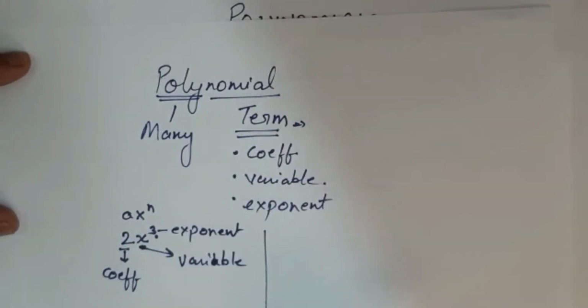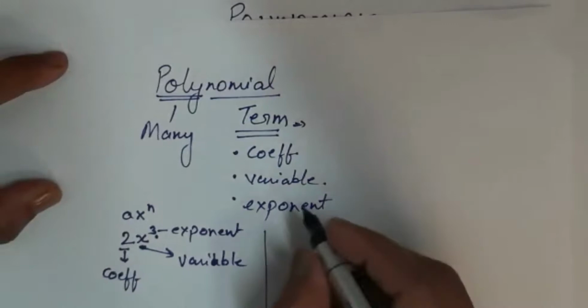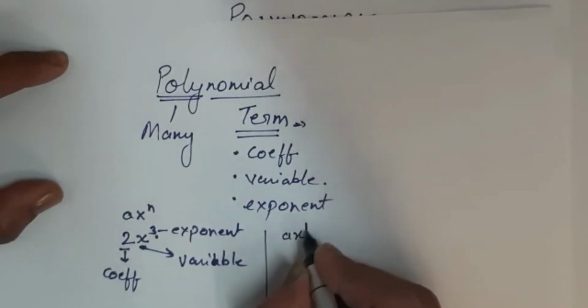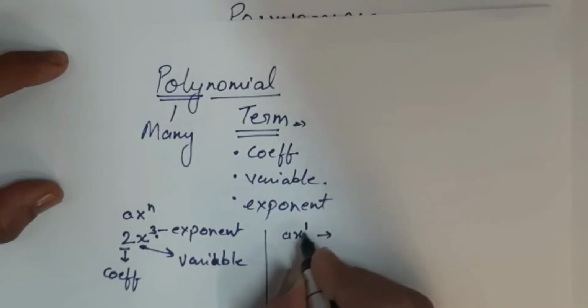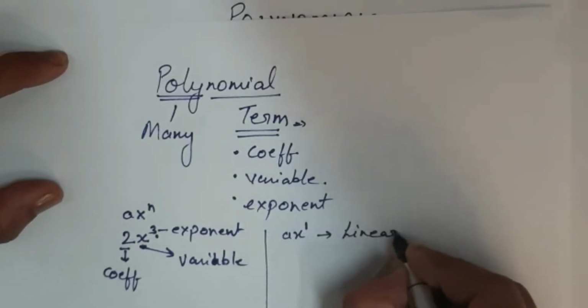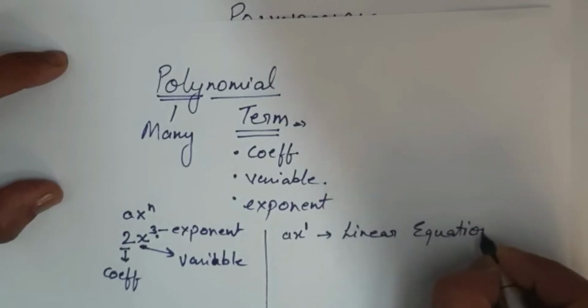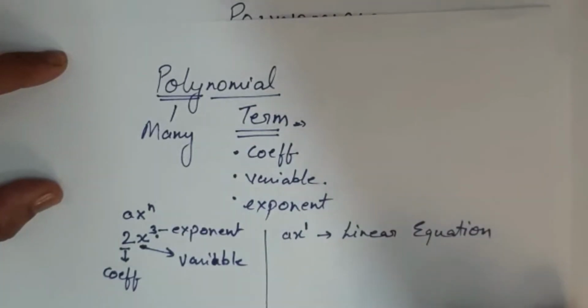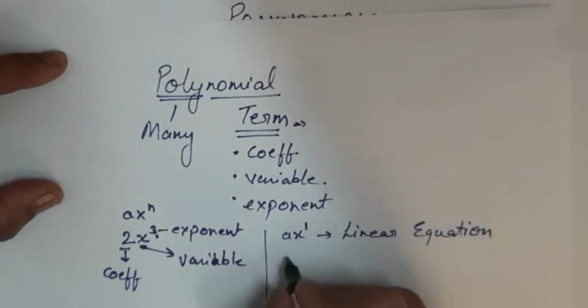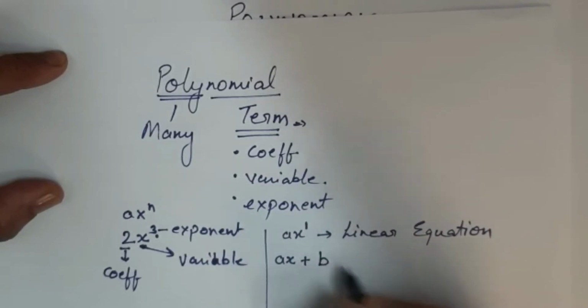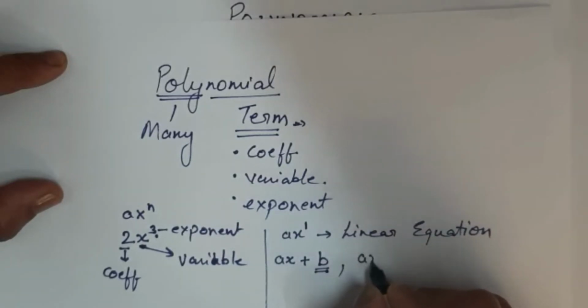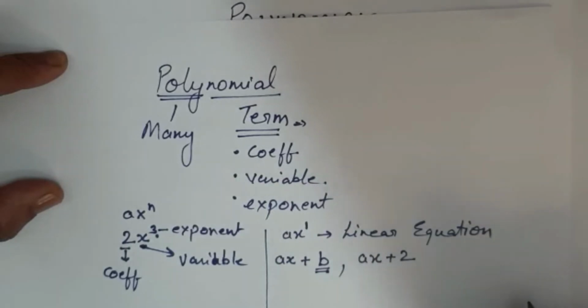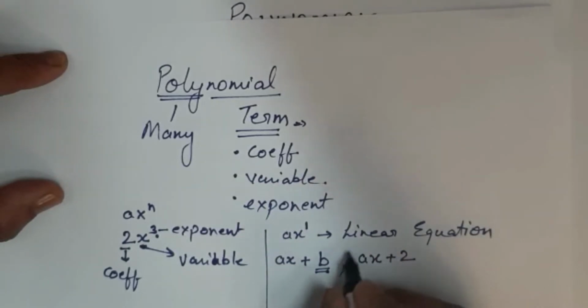Now I have told you two chapters are linked with it, the linear and quadratic. How are they linked? They are linked with the degrees. See, if I say ax to the power 1, it means the highest power is 1. So when the power is 1, it comes under the linear equation chapter. Now if I say equation, what do you mean by equation? I have not made an equation over here. So how to make an equation? Highest power is 1, so I should say ax plus b, where b is a constant term. I can also say ax plus 2, or say 3. So these kinds of terms where the highest power of a variable is 1 come under linear equation.